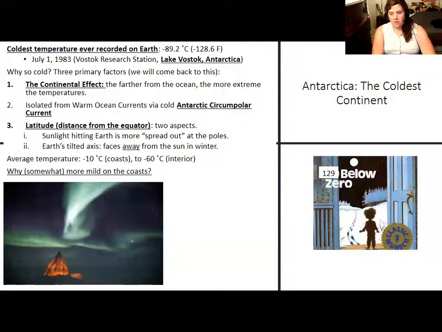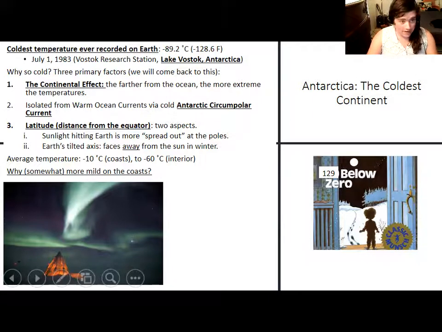The coldest temperature ever recorded on Earth was in Antarctica. And when people ask me about how my experiences in Antarctica were, it's really hard for me not to just go, it was cold, because that's kind of the basic answer. But aside from the fact that Antarctica is just cold in general, it reached almost negative 90 degrees Celsius, or negative 128, 129 Fahrenheit, as this retouched Robert Munsch classic book here illustrates. And that's not the average temperature. That is the coldest ever temperature recorded at the Russian research station at Lake Vostok, which, as we'll learn, is quite far from the ocean, and that plays a big role as to why it got so cold there.